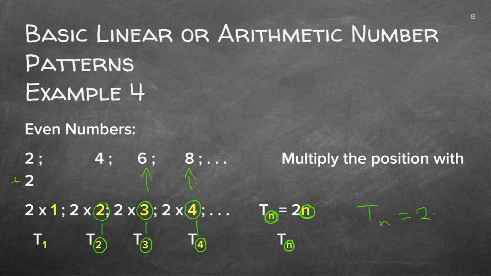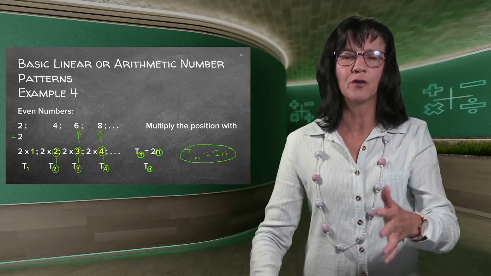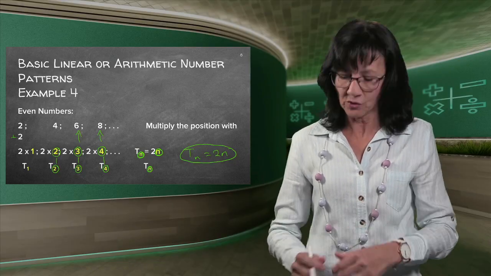This is one that you can remember, because a lot of times we are working with even numbers. If I multiply anything, which in this case is n, any term number, by 2, I get an even number. So something to remember: in your mind, instill somehow that 2n always represents an even number. In the future, you don't even have to write it out like this. If they talk about even numbers, I can use this formula.